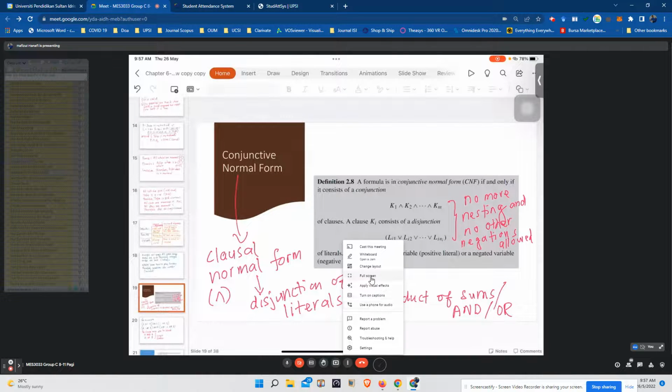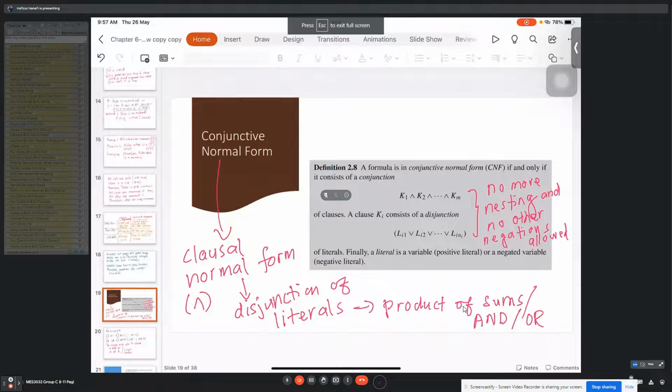Today we are looking at the subtopic conjunctive normal form, sometimes called clausal normal form. It is basically a conjunction of disjunctions of literals, a product of sums, ANDs of ORs. A formula is in conjunctive normal form if and only if